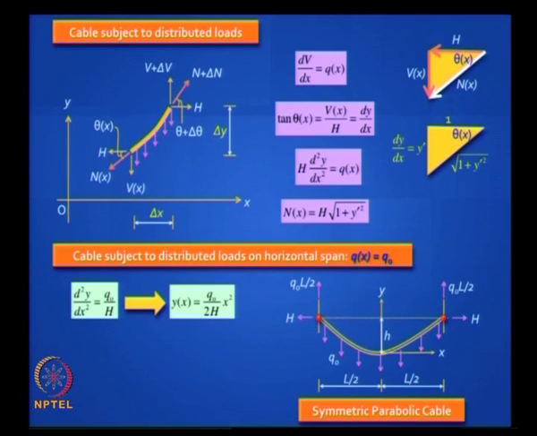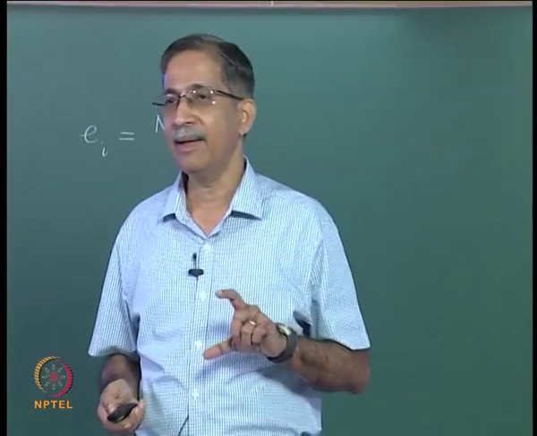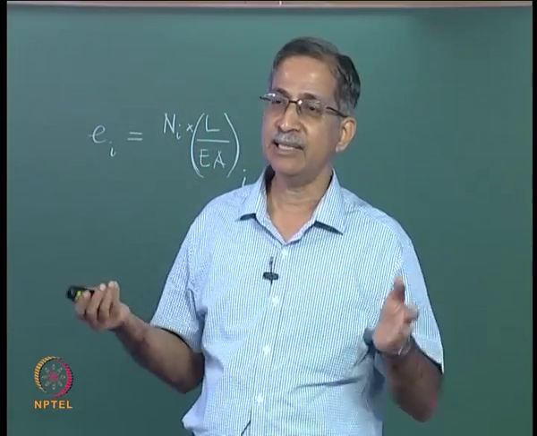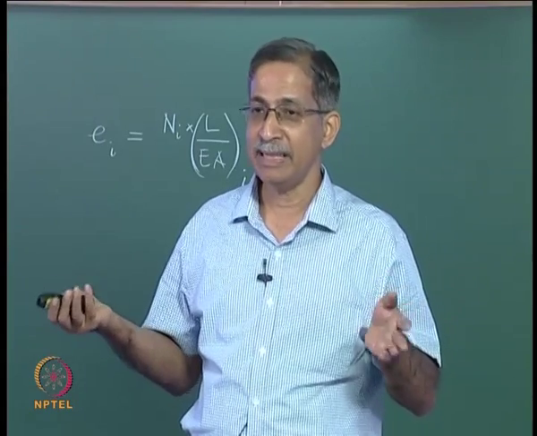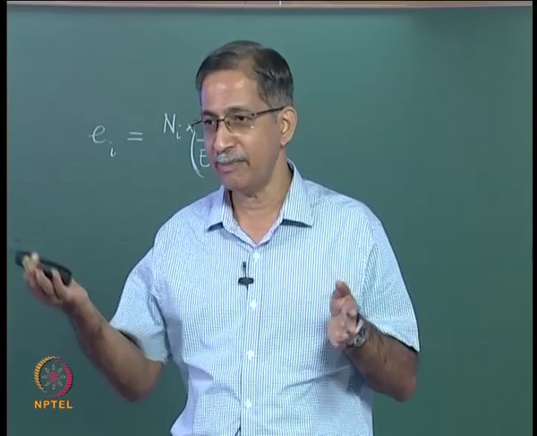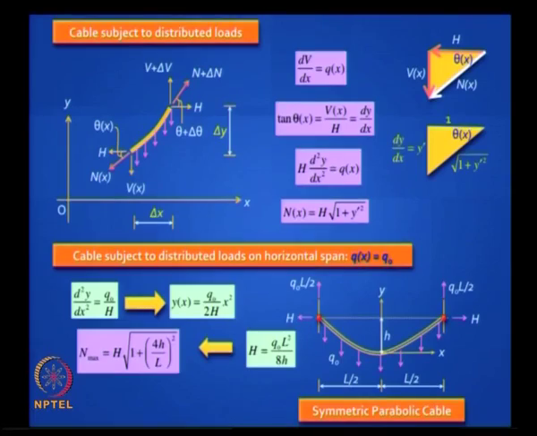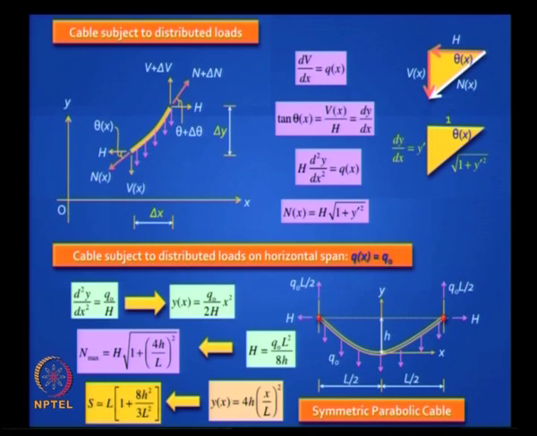So these are the equations. The relationship is very simple. If the sag in the cable is H in the middle, then the horizontal tension in the cable is nothing but the bending moment, which is Q naught L squared by 8, divided by H. So it is a very simple formula, and you can work out the rest of the equation very simply.